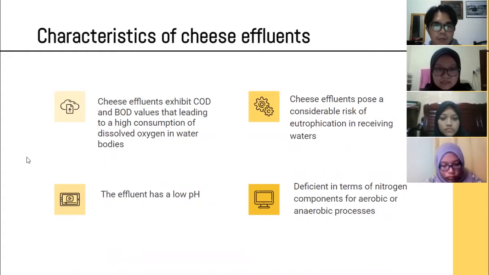Next is a characteristic of cheese effluence. Cheese effluents exhibit high COD and BOD values, leading to a high consumption of dissolved oxygen in water bodies. The lactose and fat contents can be considered the main contributors to COD and BOD. With their very high concentration of organic matter, these effluents may create serious problems of organic burden on the local